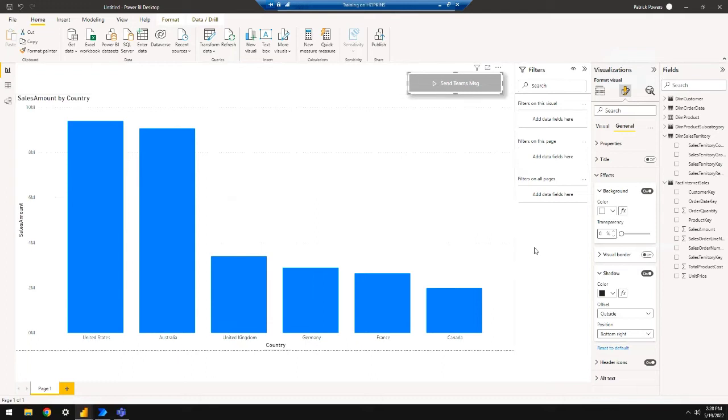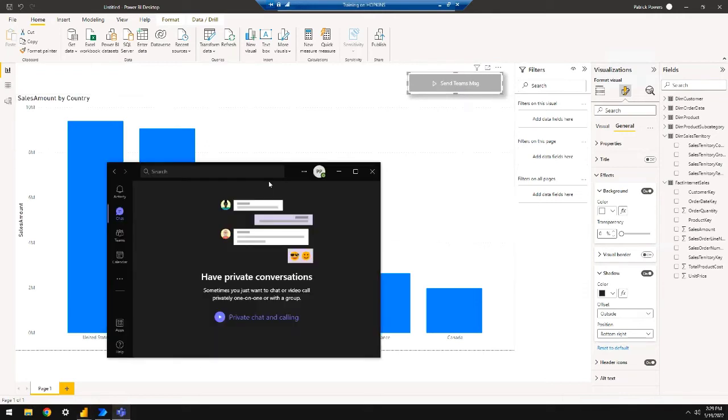I know. We sold you an entire seat, but you only need the edge. Remember, I'm in desktop, so that means I have to control click to execute this. If I published it out to the service, it would just be a single click, but in here it's a control click. So when I control click it, triggering, triggered, and